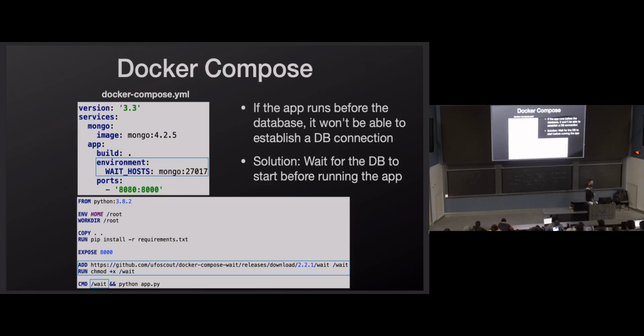So what we need is a way for our app to wait for the database to be ready, not just to be running, not for the container to be built and running, but for the database container to be ready to accept TCP connections before it can start. So that's what we're doing here. We're setting up this shortcut. This is the simplest way that I found to do this. If you find a simpler way, let me know.